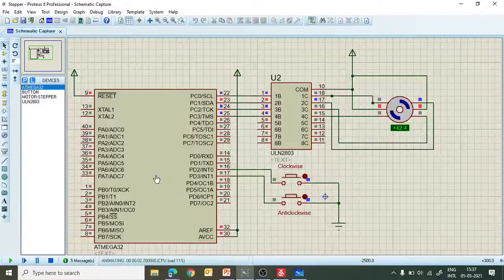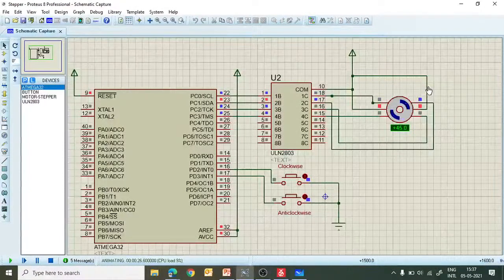As you can see here, different sequences are available, and similarly the motor will rotate accordingly. Whatever sequence we have sent, the first winding, then both windings, then the second winding, then second and third, then the third winding, then third and fourth, and then only the fourth winding. This entire sequence will pass through port C, from port C to the driver, and from the driver to the stepper motor, and the stepper motor will run in half step mode, right?